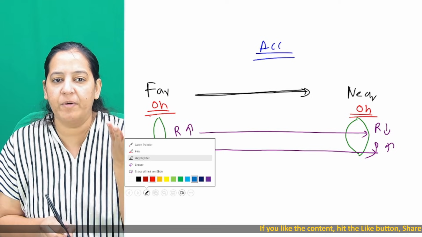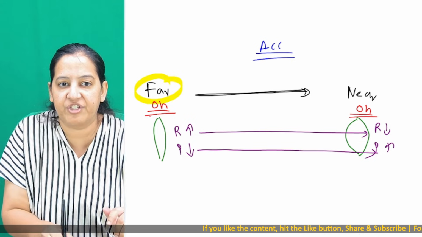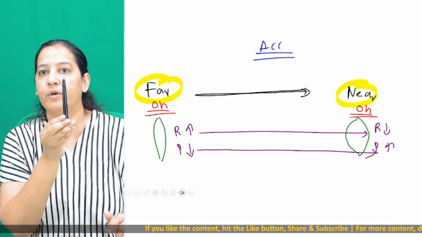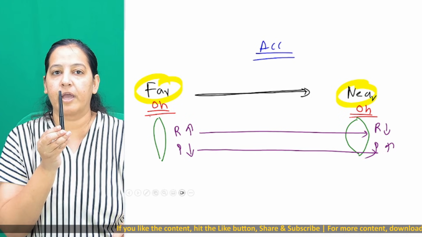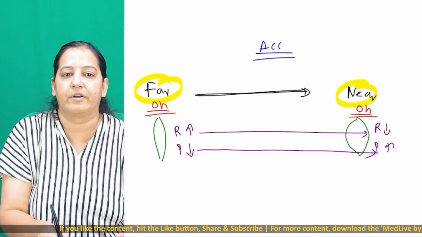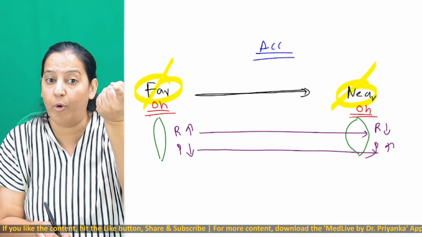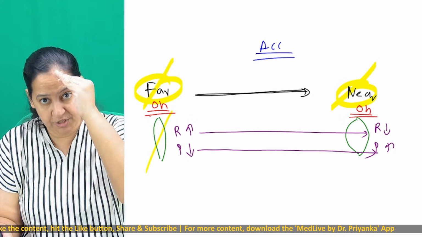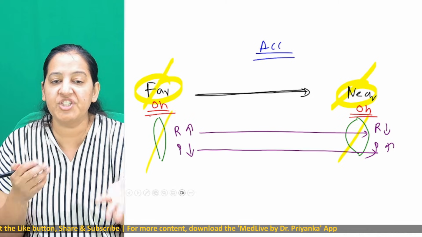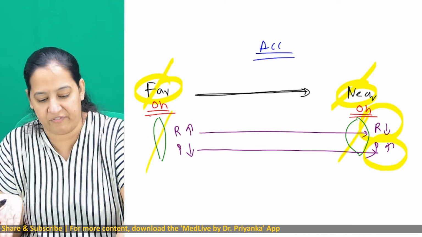So say the definition of accommodation. Accommodation occurs in the human eye. It's a physiological phenomenon when we shift the vision from far to near. That almirah, that pen. Look at my eyes. I'm looking at the almirah, I'm looking at the pen. So I'm shifting the vision from far to near. At that time, when the object is far, the lens is flat. When the object is closer, the lens becomes convex. So accommodation is increase in power of lens by reducing its radius of curvature.